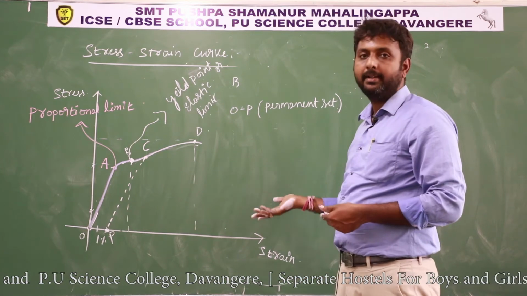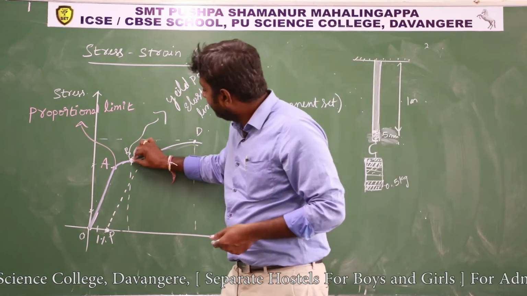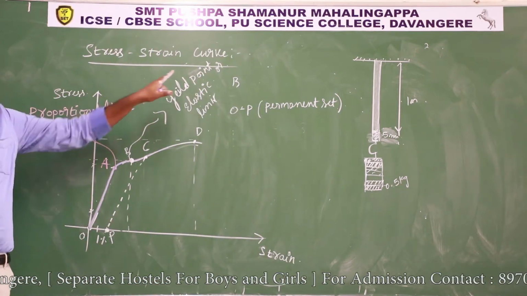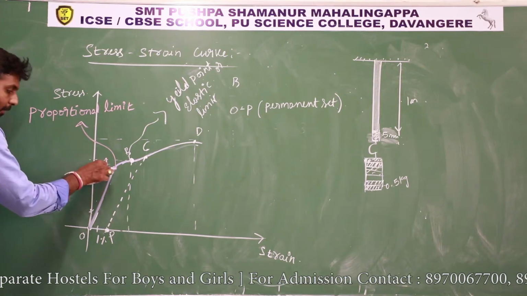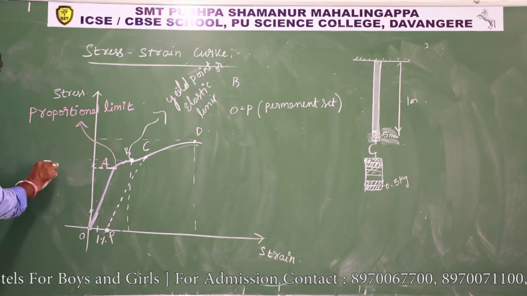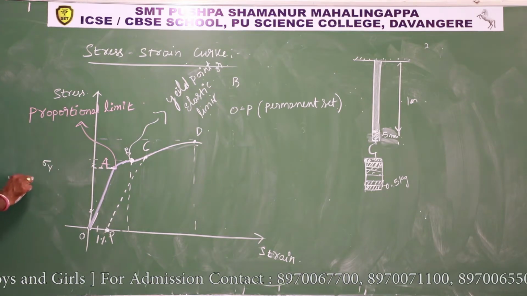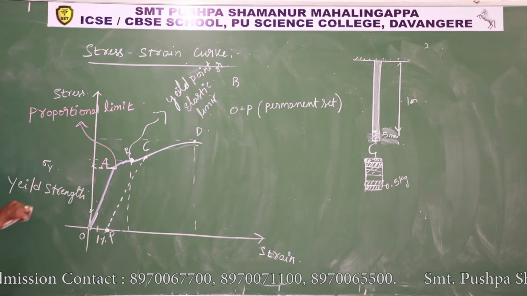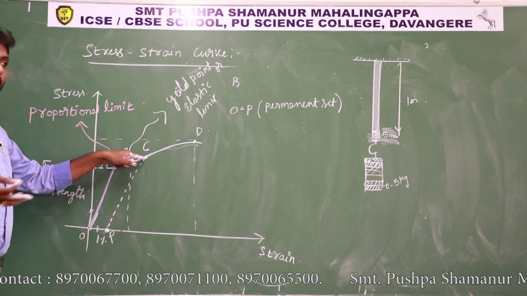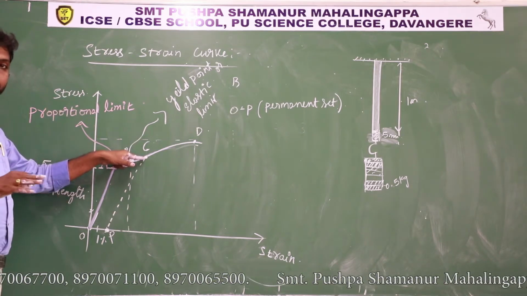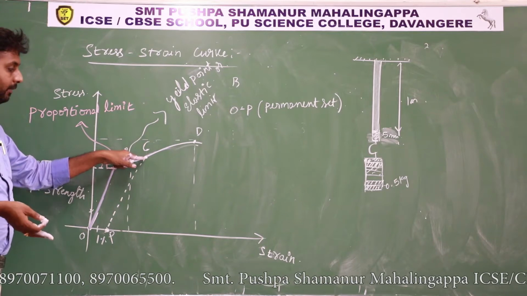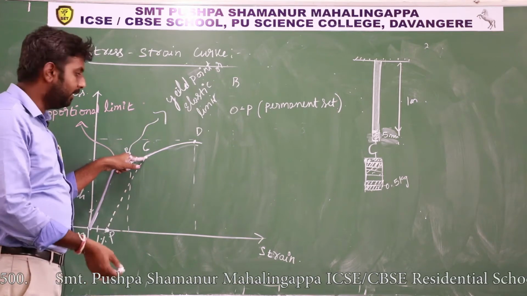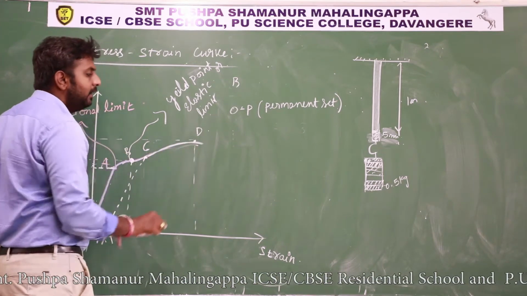Experimentally we are observing these facts. The B point is called the yield point. The stress corresponding to point B is denoted by sigma y. This is called yield strength. In that example, we had added 6.5 kg. Then again add 0.5 kg, a very small weight, or 250 grams, and the strain produced will be very large.